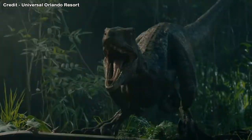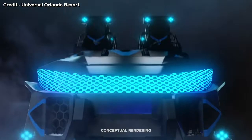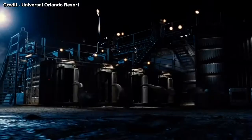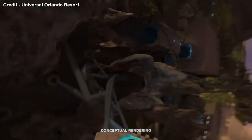Universal Studios Islands of Adventure has officially announced their newest and latest roller coaster will be called the VelociCoaster, and this is an Intamin Blitz coaster. So today I'm going to go through everything you need to know about the coaster and much more, so let's get straight into it. If we start off with the stats, this will have a height of 155 feet,